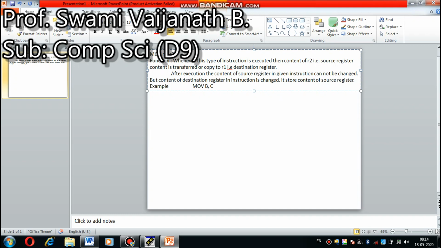Any general purpose register can be used on both sides, such as register A, B, C, D, E, H and L. Suppose B is equal to 72H, and C is equal to 92H.